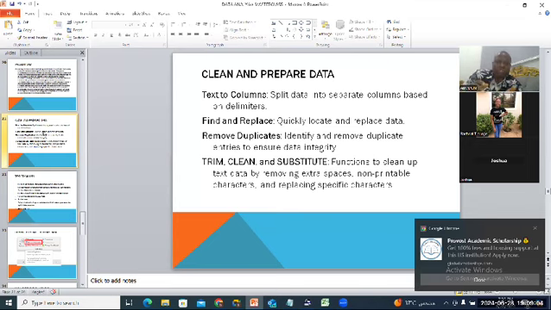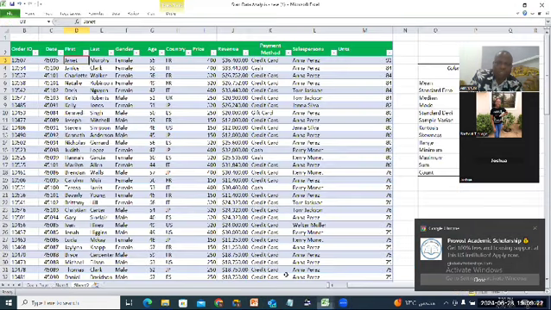So one of the things we normally do when we are cleaning is text to columns: split data into separate columns based on a delimiter. So you go to your Excel sheet. Let's say, for instance, you have your Microsoft Excel sheet here. We are familiar with Microsoft Excel. All you need, can you see my